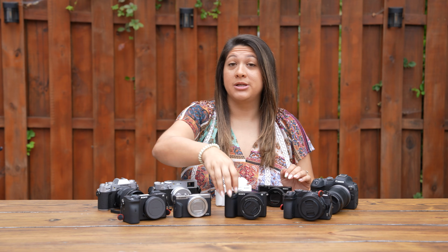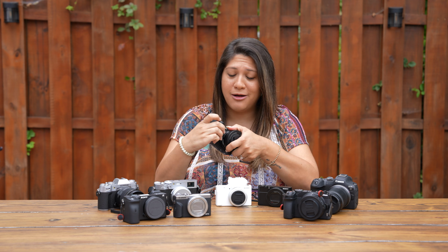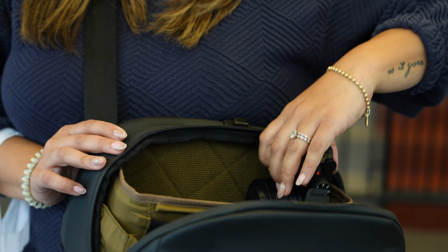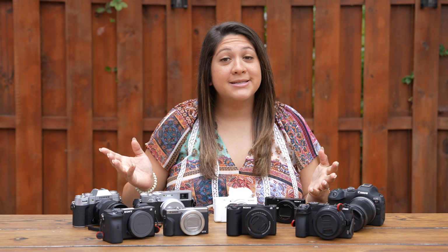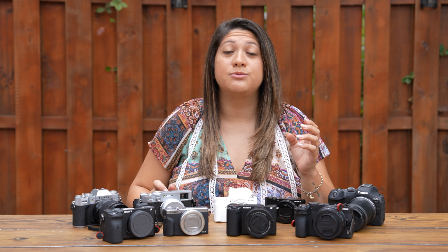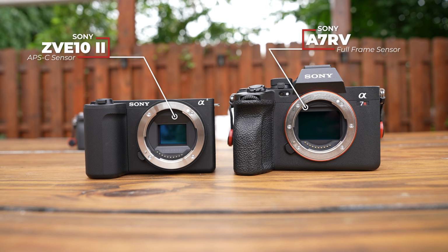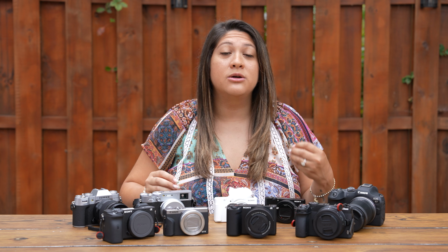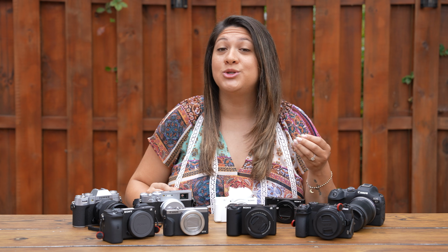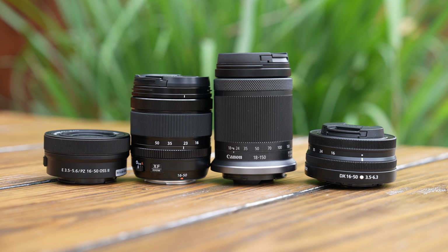A tiny package like a Sony ZV-E10 II and a 16-50 lens is so small that it would fit into a sling with extra space for accessories. These cameras run small because of its sensor size. Now you'll see side by side how much smaller this sensor is next to a full frame sensor. And this is also helpful because it increases your focal length by up to 2.7 times depending on your sensor size, which means it gives you even more reach to those further objects at this small size of a